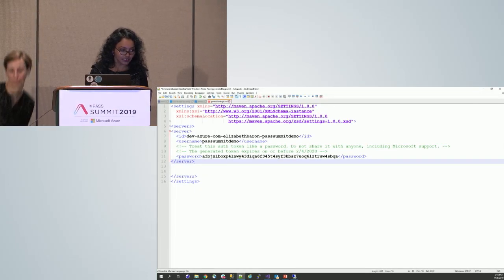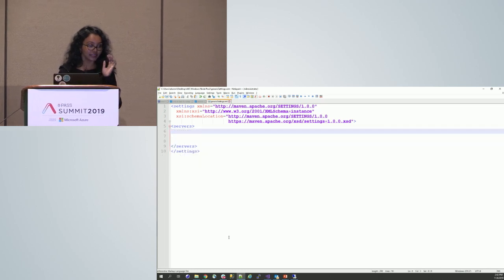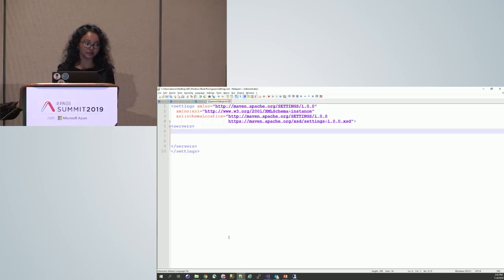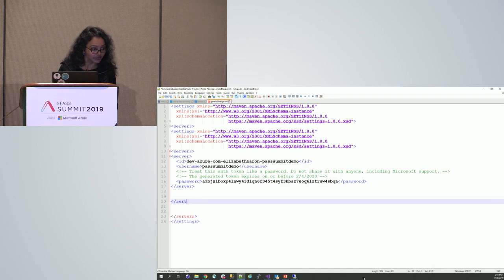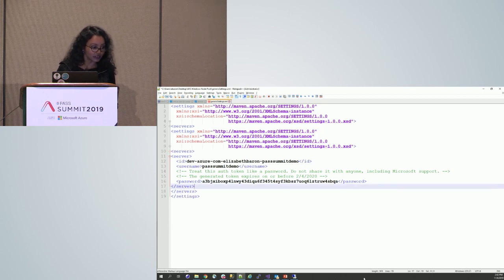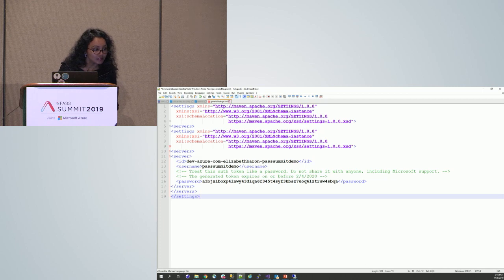All right. Let me cancel what I have done. For the demo purpose, I had a settings.xml with the servers element, and I included these things, which is not right, sorry. I pasted the credentials, which I copied from Azure artifacts, and let's remove any white spaces. So how did I generate this?